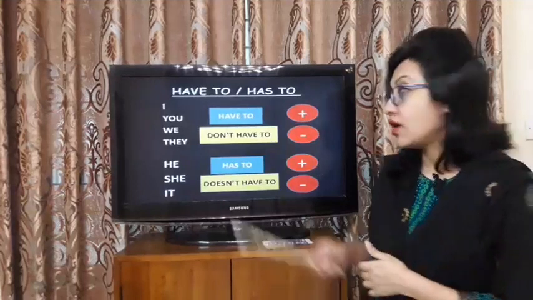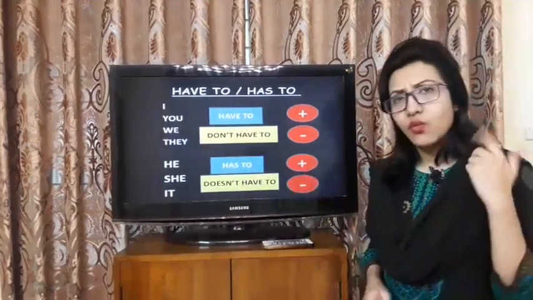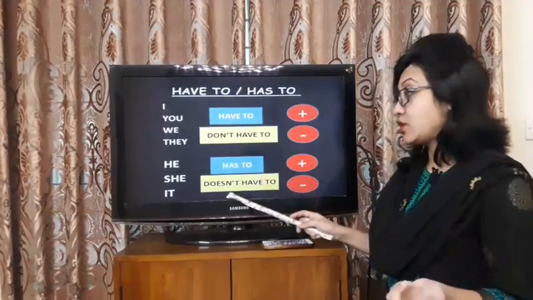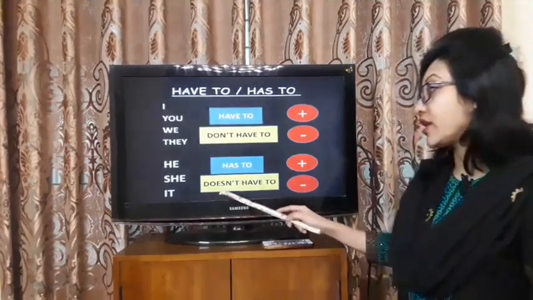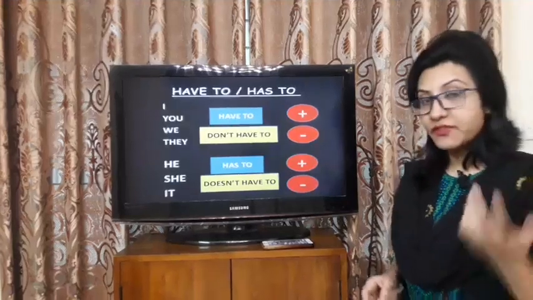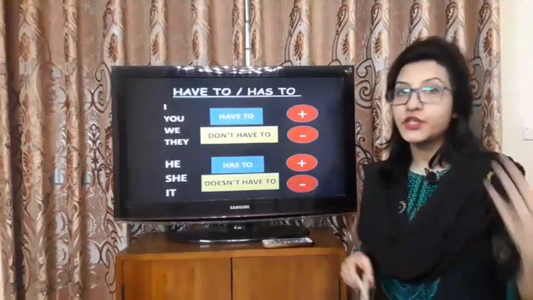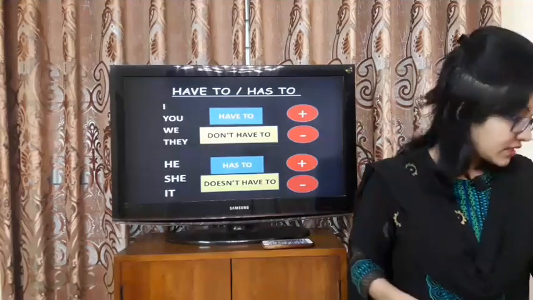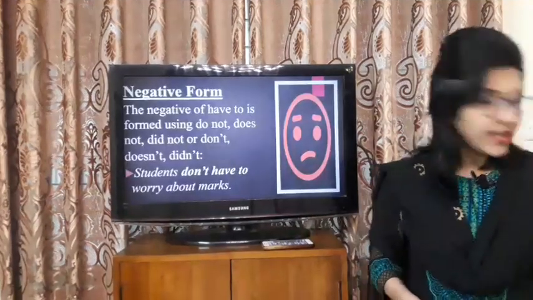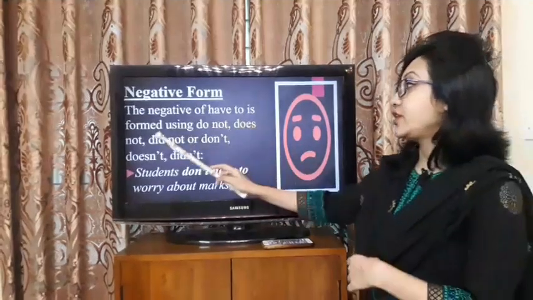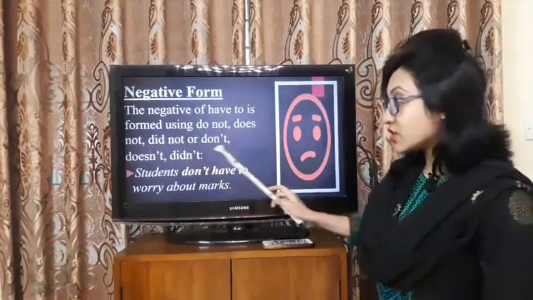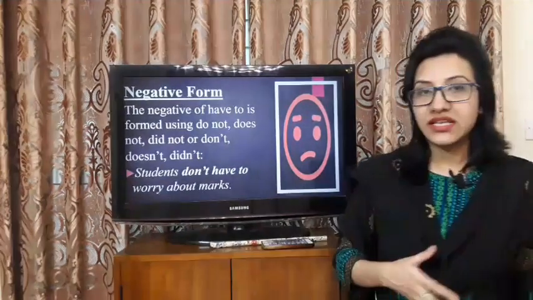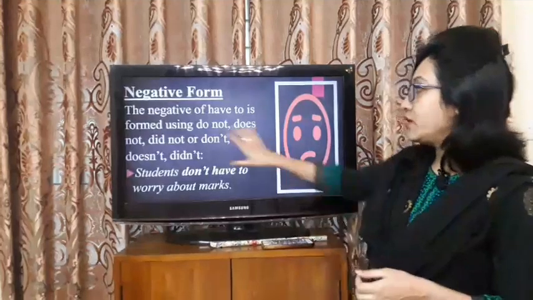then we will write have to. What in case of negative? If it is in negative, then if the subject is third person singular number, we are going to write doesn't have to. If it is other, for example first person, second person or third person plural, we are going to write don't have to. Let's see some other examples of this one. The negative of have to is formed using do not or does not, did not, don't. So if we talk about past tense, then we can write did not have to, but